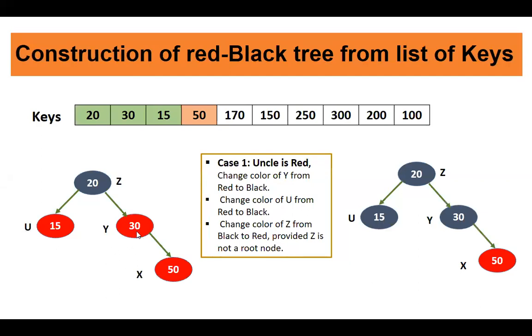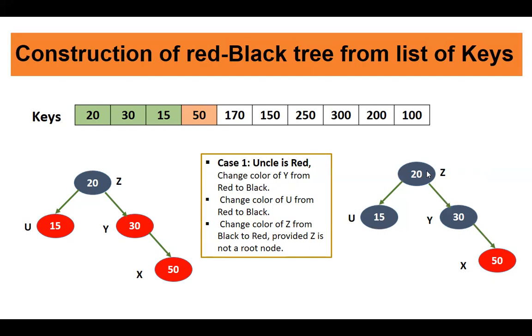Now you see a red node cannot have a red child. So there is a red violation here, and the tree is imbalanced. Whenever the tree is imbalanced, you check the color of the uncle. Now the uncle is red in color. When the uncle is red, it is always case 1. What case 1 says is you just change the color of the nodes. You change the color of the uncle and parent to black, which were red, right?